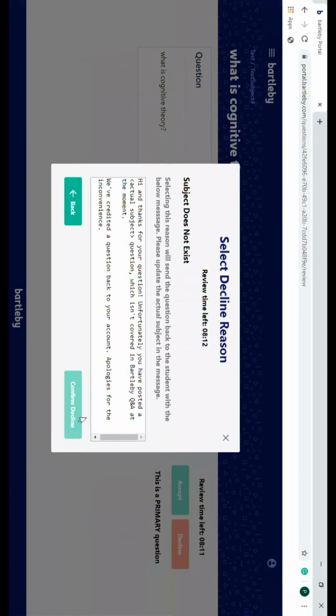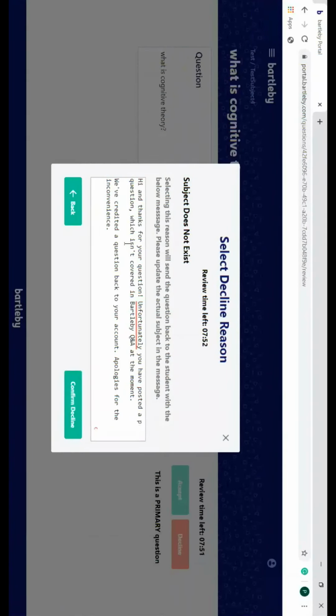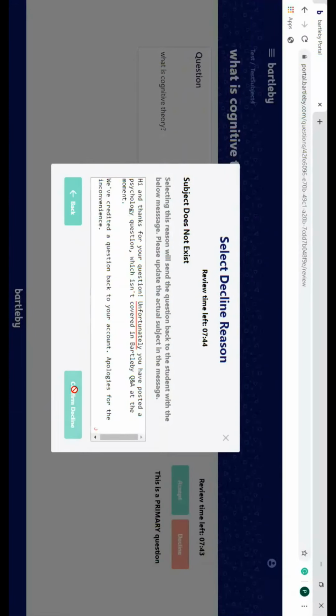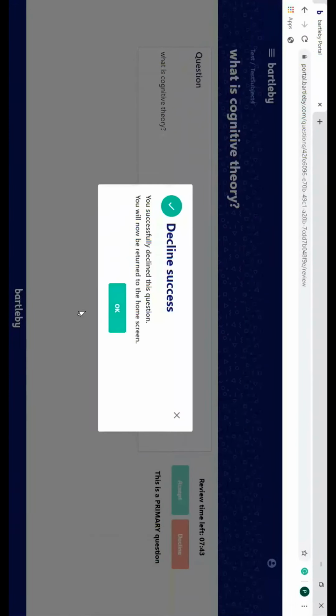Here you will be taken to another editable rejection message window where you have to replace the actual subject portion with the subject name that you think the question belongs to. So let us suppose in this case the subject is psychology. And then confirm your decline reason. And then click on OK.